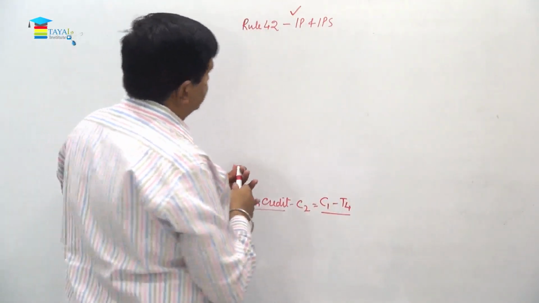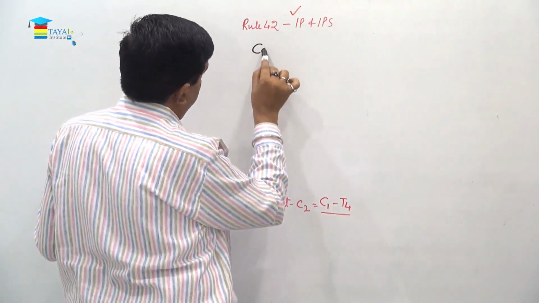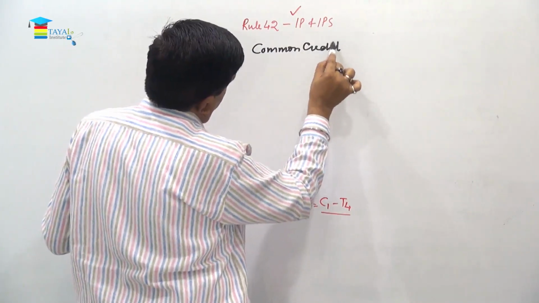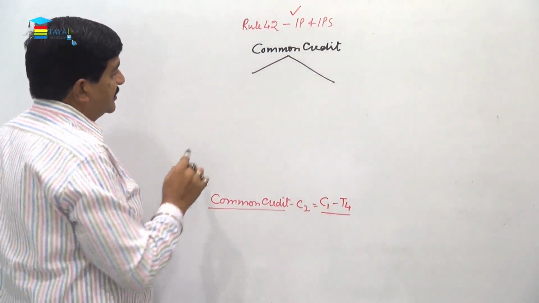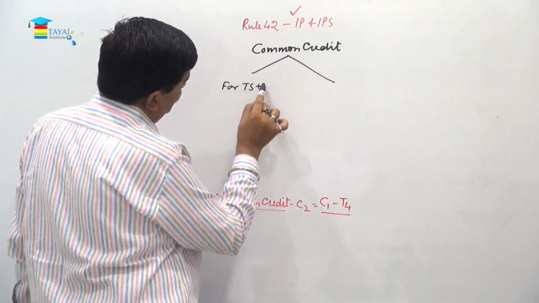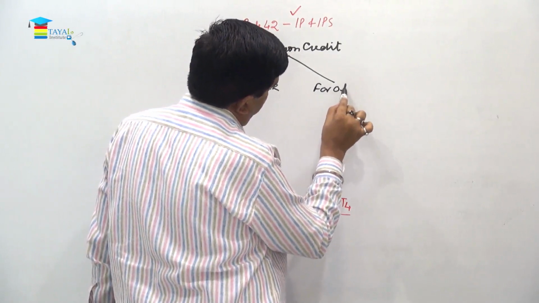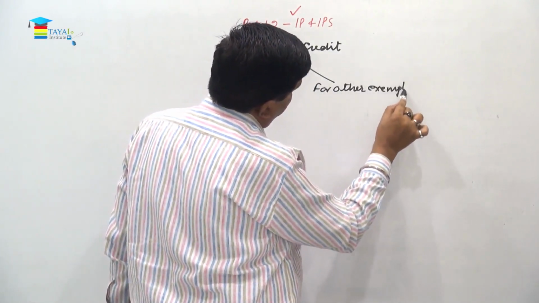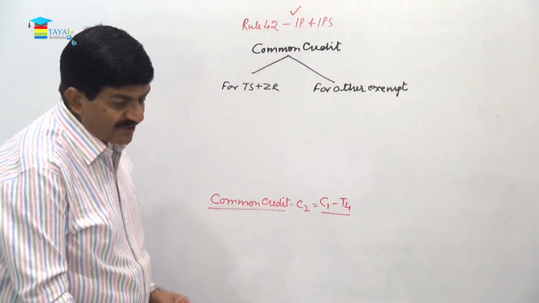So now common credit, this has to be divided now in 2 parts. This is for taxable plus zero rated supplies and for other exempt supplies. Right, now for other exempt supplies,